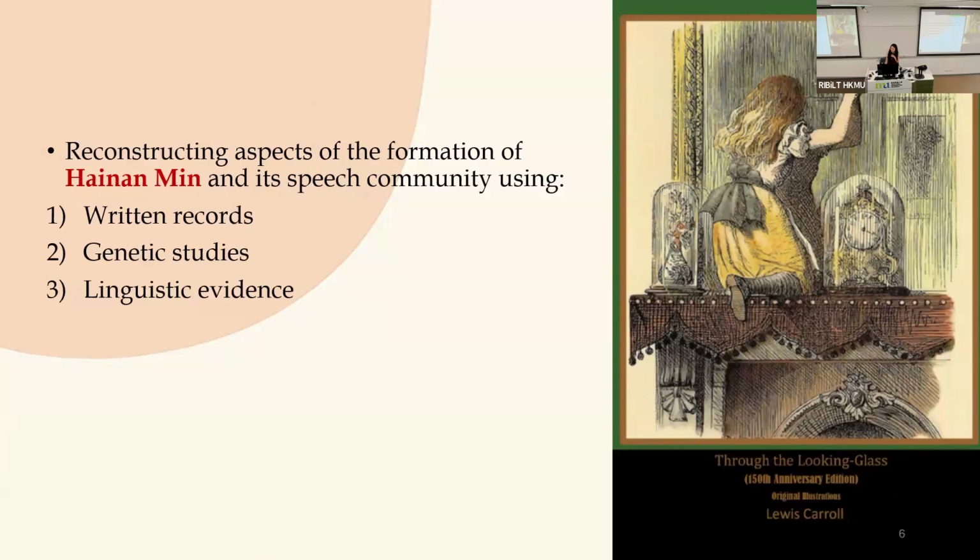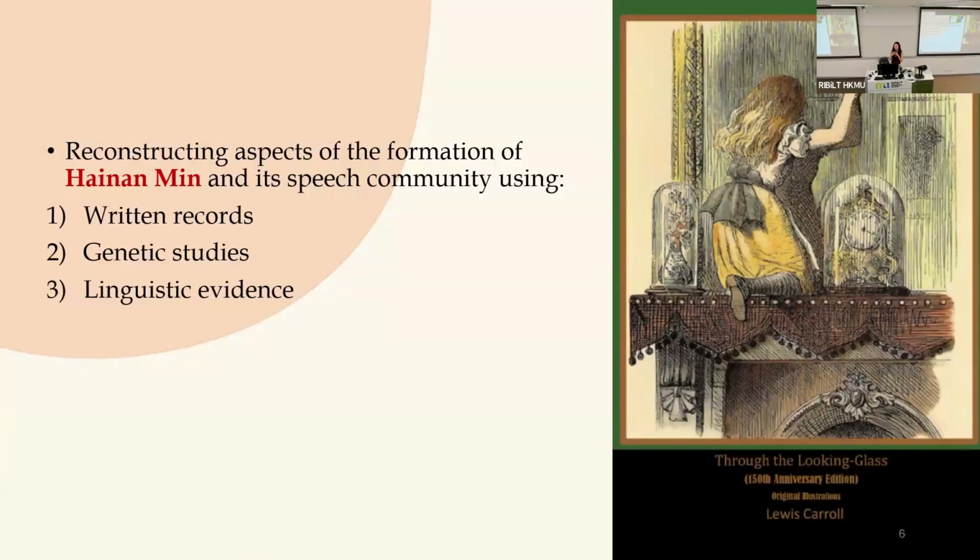Apologies in advance for taking a seemingly Han or Sinocentric perspective in the discussion. But spoiler alert, by the end of the discussion, I think we'll all realize that there would be no Chinese without non-Chinese. The picture on the right looks a little bit unrelated, but what I want to say is that the journey of going back in history to look at the formation of Hainan Min is like we're all Alice trying to go into Wonderland, the path of Hainan through a looking glass.